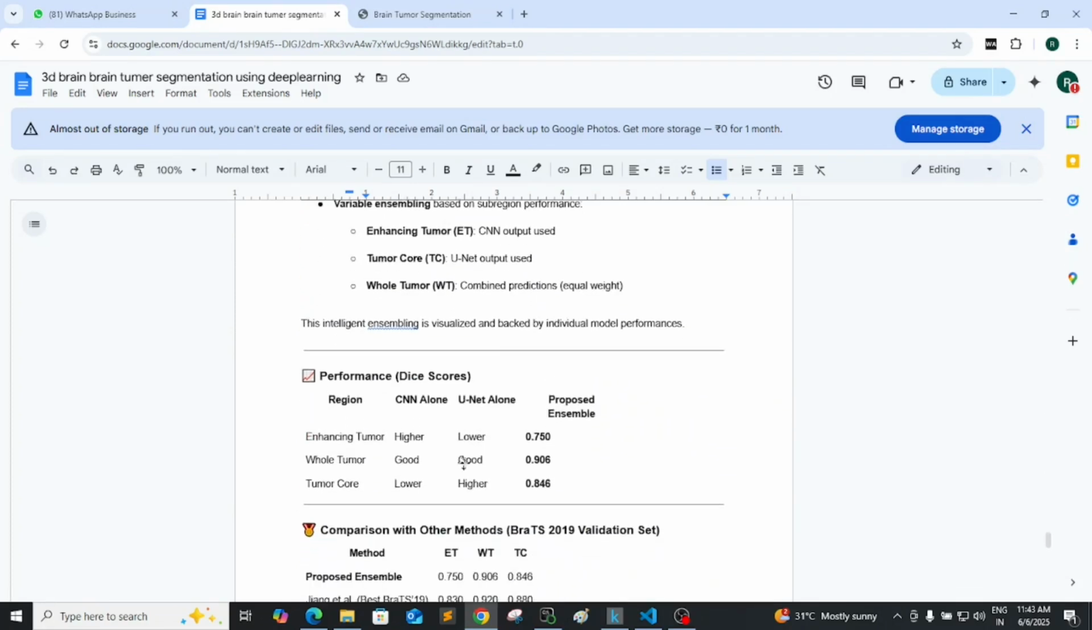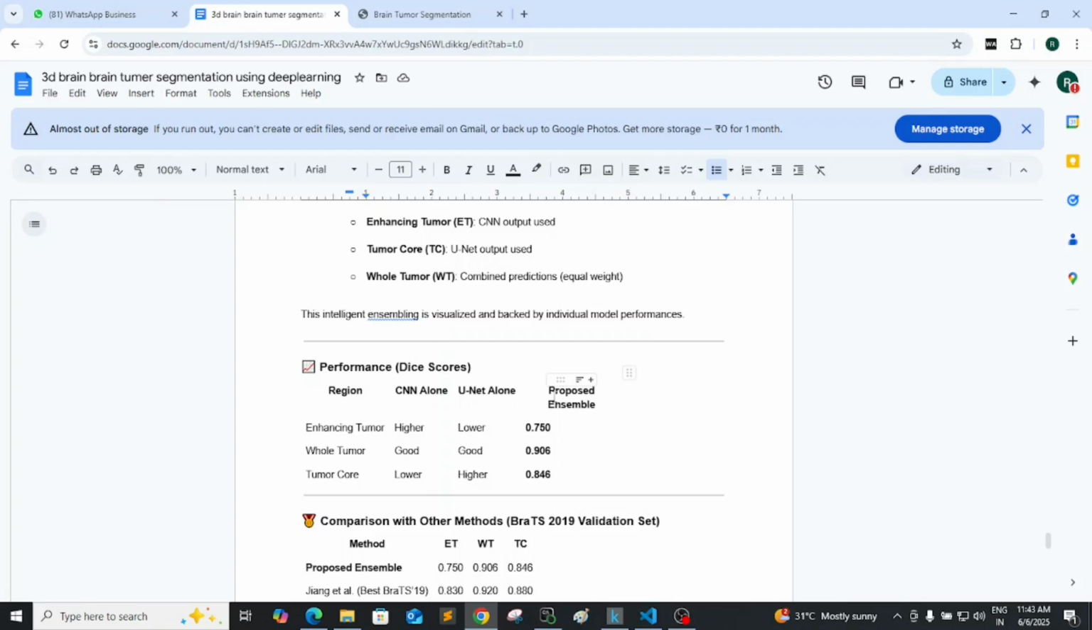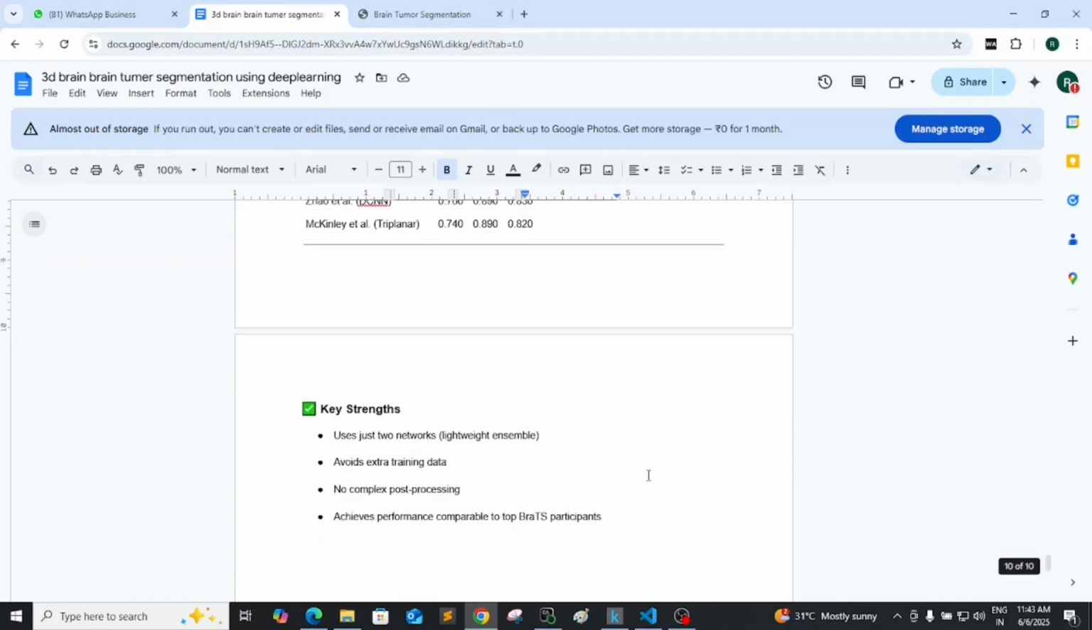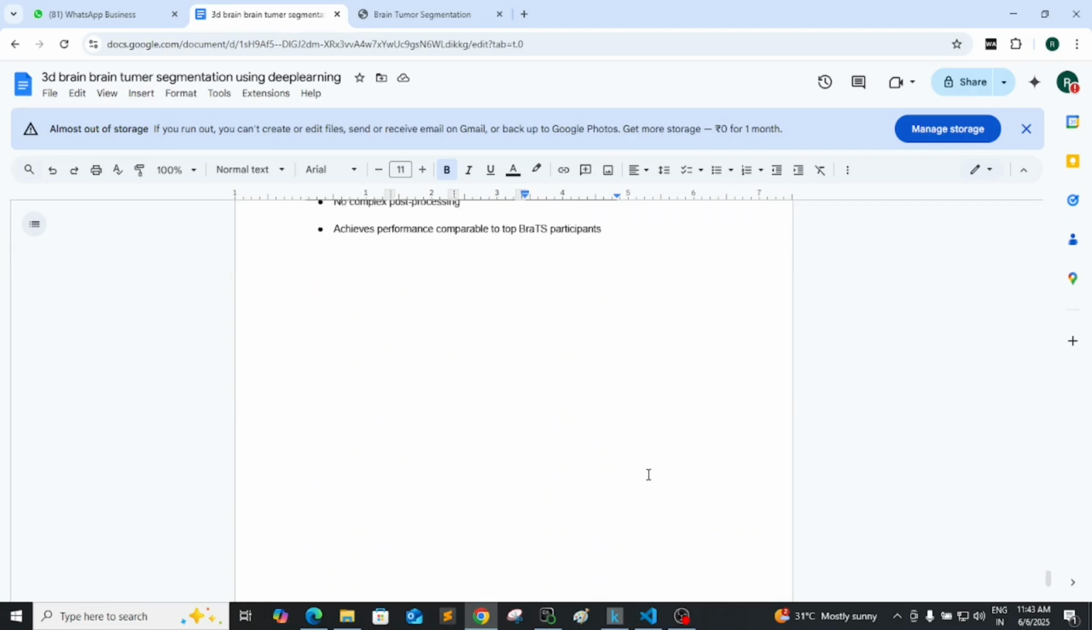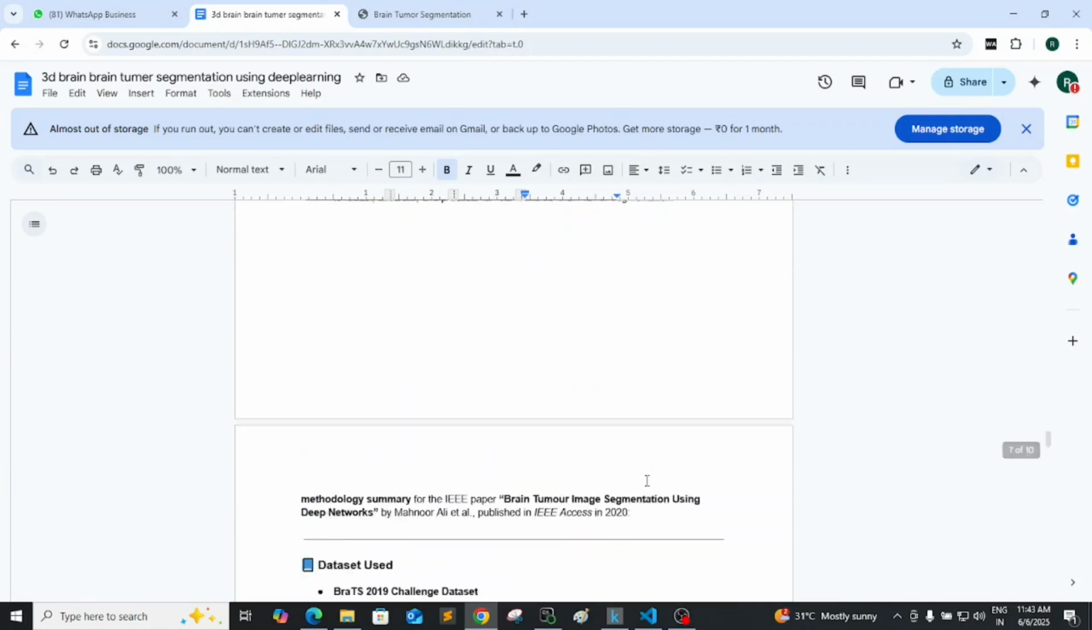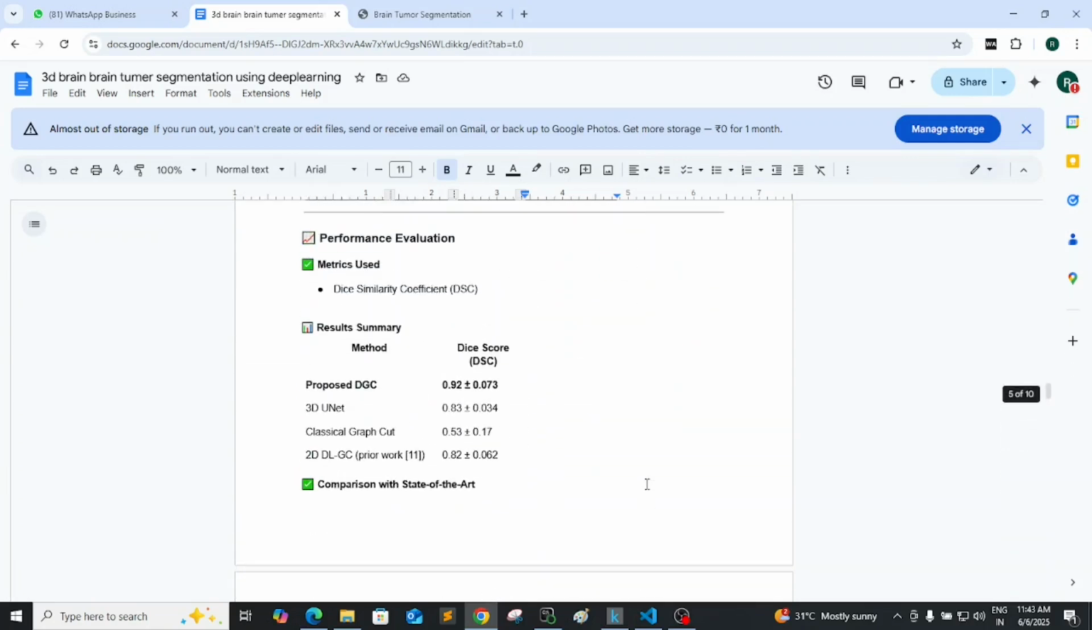Now their performance: when we see the proposed ensemble model, its accuracy is 0.75, 0.96, 0.906, 0.846. For different cores, they are trying to build a model to detect different cores of a brain tumor. When we go through all this, they are mainly concentrating on the 3D UNet and they are trying to use it